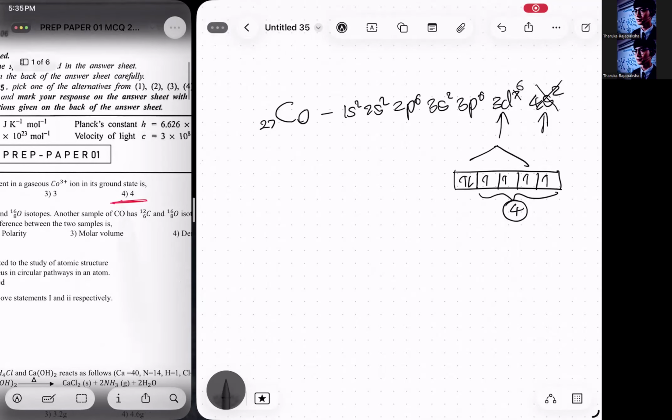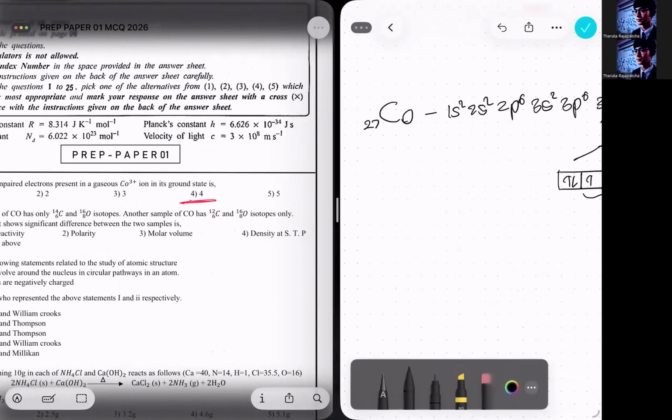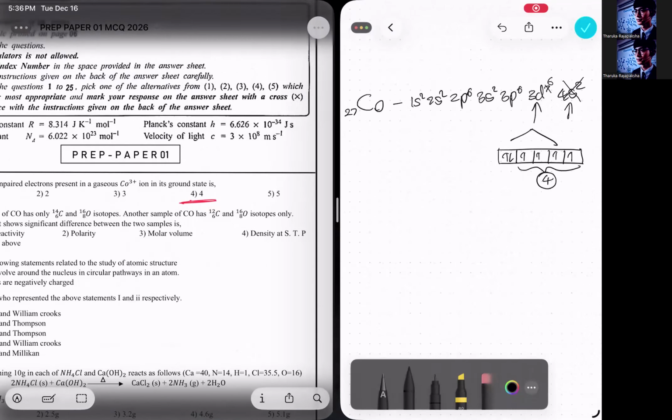Like majority of you have got this wrong. I don't know why. It's an easy question. All you have to do is write the electronic configuration and then remove the electrons and then understand what's going on inside the d sub energy level. Right, that's answer number 4. Second one,